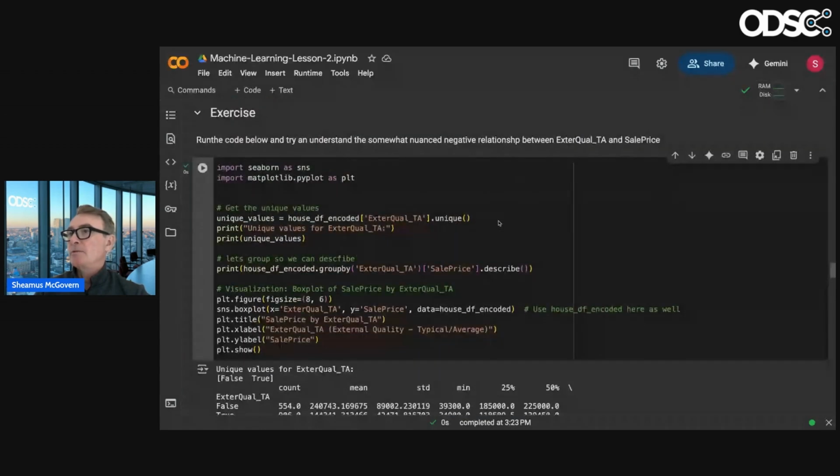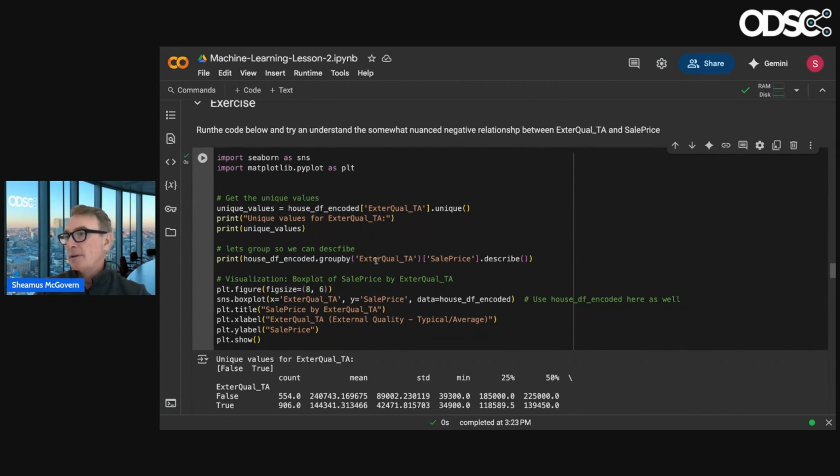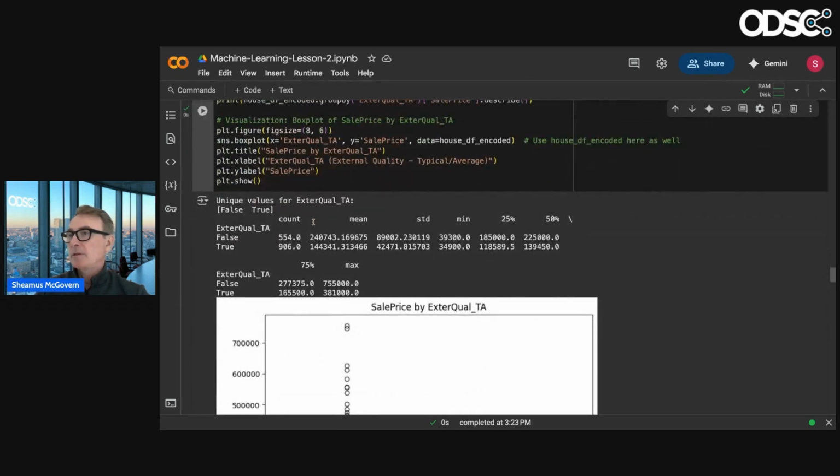And here what I'm doing is creating a box plot, which we looked at on Tuesday. So we want to take sales price and describe that as well as external quality, and then map those.